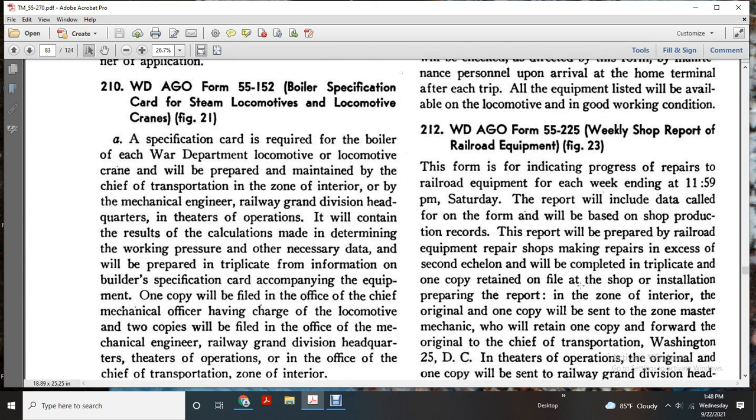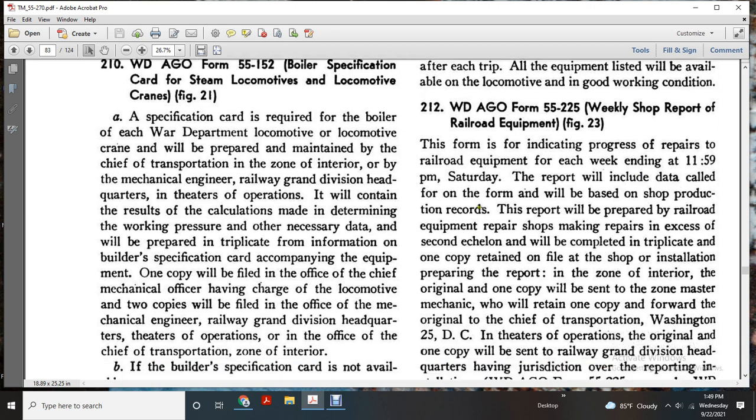225, weekly shop report with the railroad equipment, figure 23. Form is indicating progress of the repairs railroad equipment each for the weekend with the 11:59 Saturday report will include the data record on the form with the old base for the shop of records. Report will prepare with the railroad equipment repair shop will making a repair to the except for the second incline will complete with the triplicate with the one record, one copy to retain with the file shop with the installation